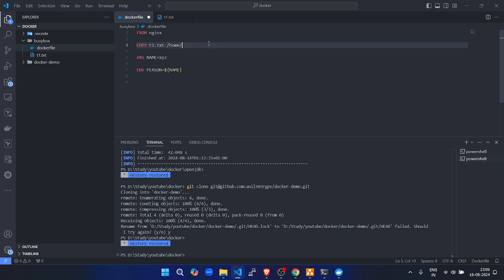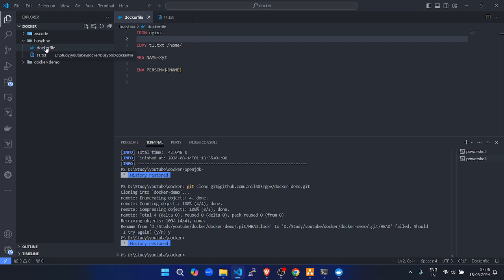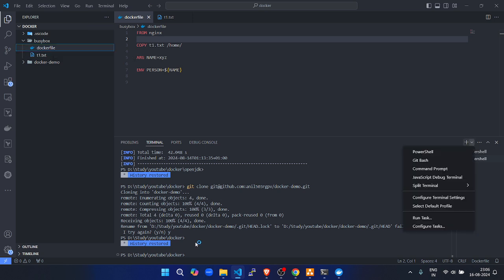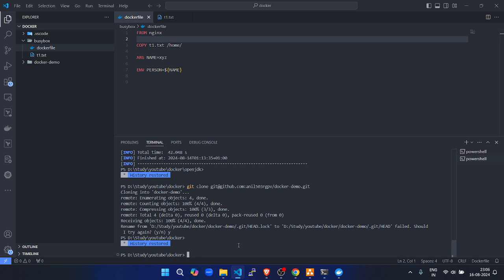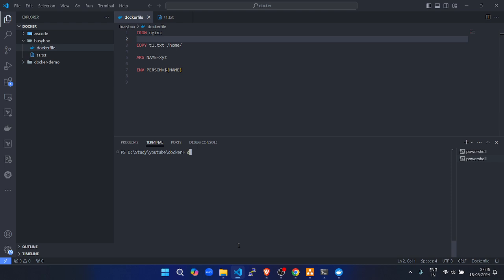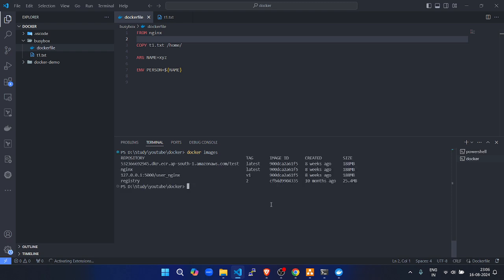Okay, so now I need to build this image, need to save it, and we need to navigate this path. So I'm not going to navigate it, I'm directly building from here. Clear. First let us see Docker images. Okay, so I have these three images, nginx and this one, if you remember, I uploaded in the last